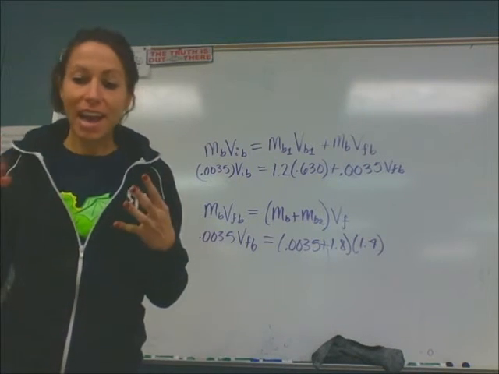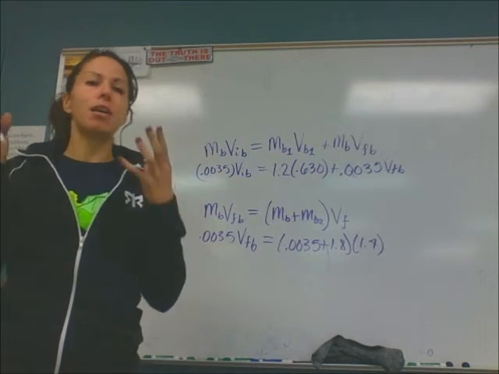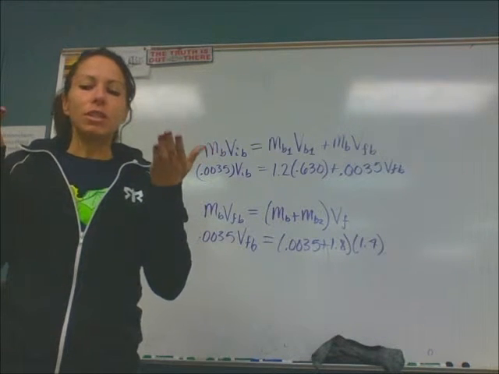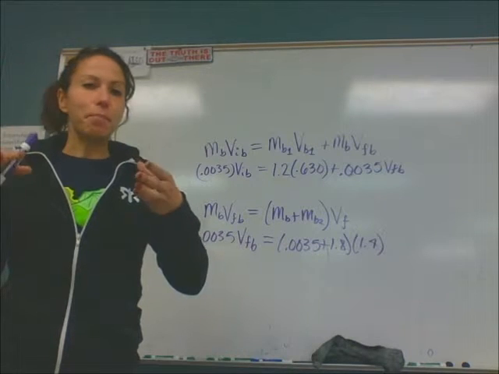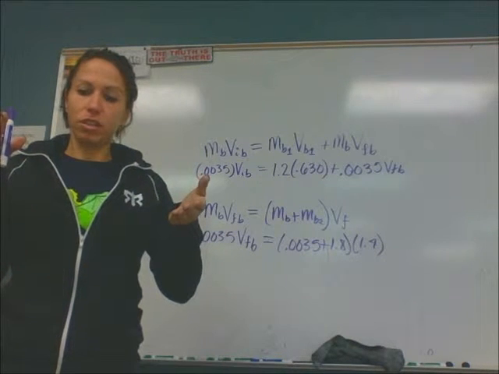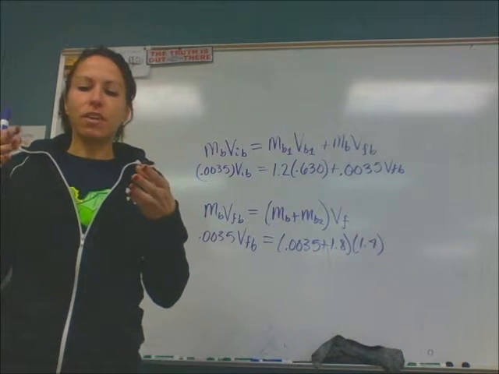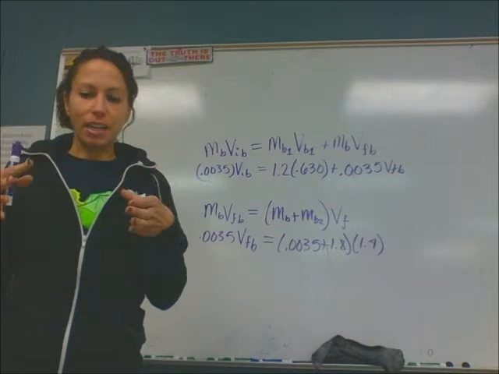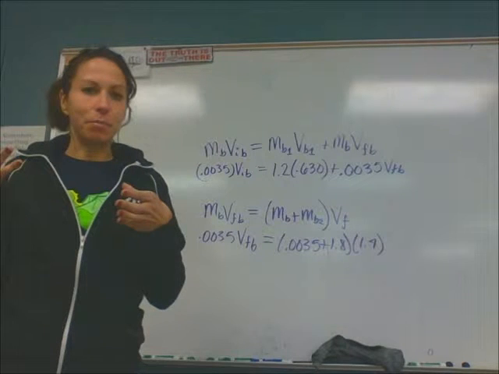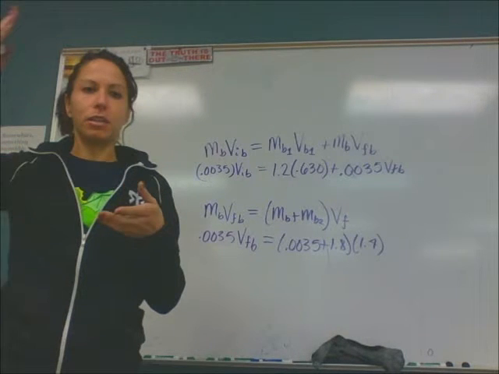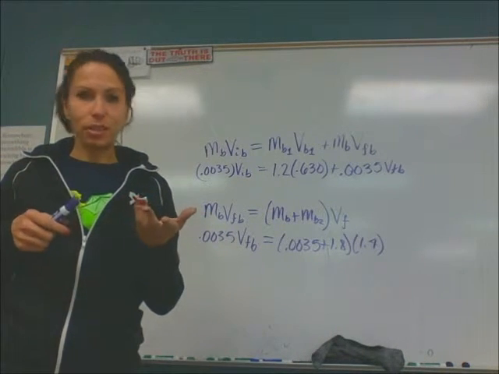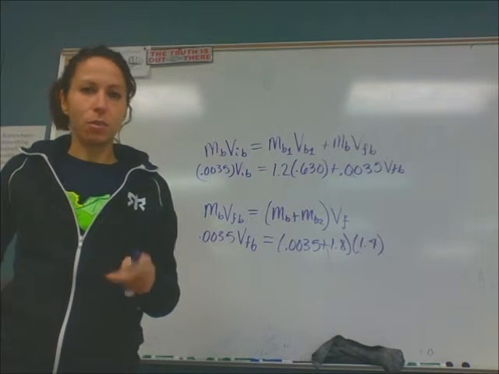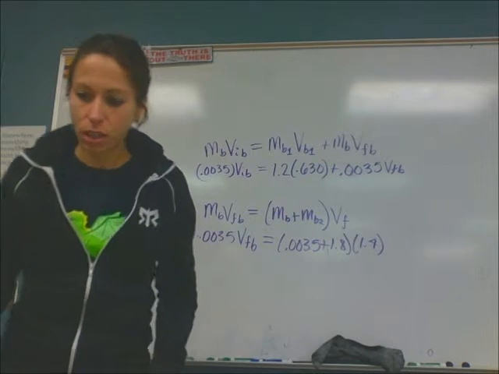Okay. Number 61 is the last question on the homework, and I will go through it in its entirety. So it says, a cart with mass 340 grams moving on a frictionless linear air track at an initial speed of 1.2 meters per second undergoes an elastic collision with an initially stationary cart of unknown mass. After the collision, the first cart continues in its original direction at 0.66 meters per second. What is the mass of the second cart, and what is its speed after?